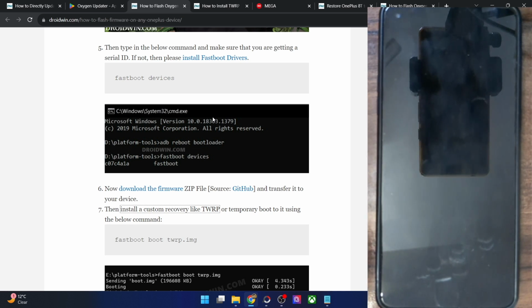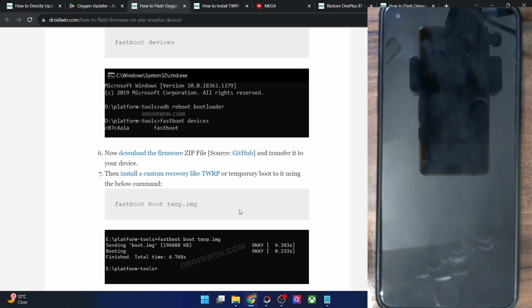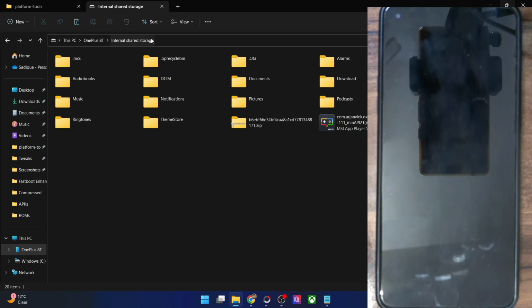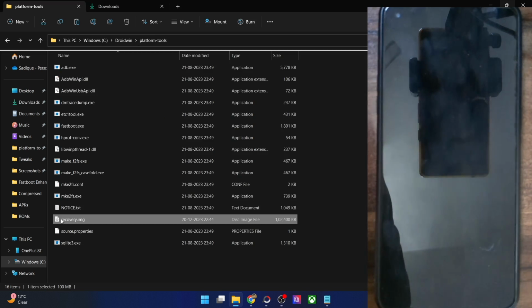So there is no need to flash the recovery. Let's just boot it. For that, you will have to get hold of the recovery file for your phone. You may download the same from the official TWRP website or from an unofficial trusted site like XDA Developers. Once you have got the recovery, simply transfer the recovery file inside the platform tools folder on your PC. And for the ease of convenience, let me rename it to TWRP, and the complete name becomes TWRP.img.